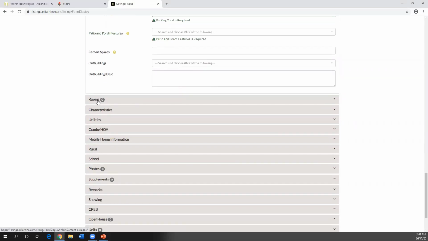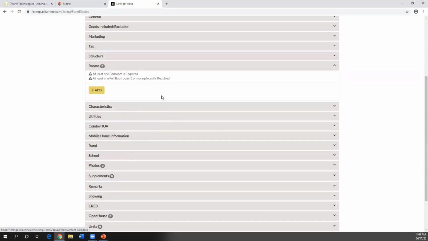And this information is all covered on pages 46 and 47 of your course material. And this is a little bit different than how you would currently add rooms or bathrooms in particular onto the current matrix system. So within this Pillar 9 system, any room type, doesn't matter if it's a bathroom or a storage room or a kitchen or a bedroom or any of that, it's all entered in exactly the same way